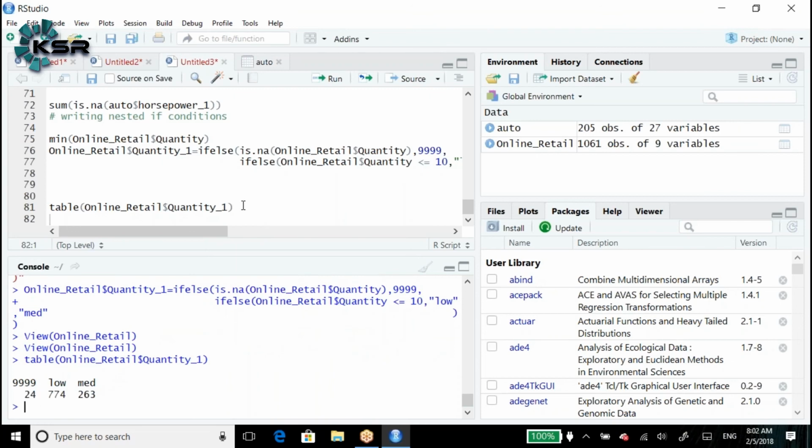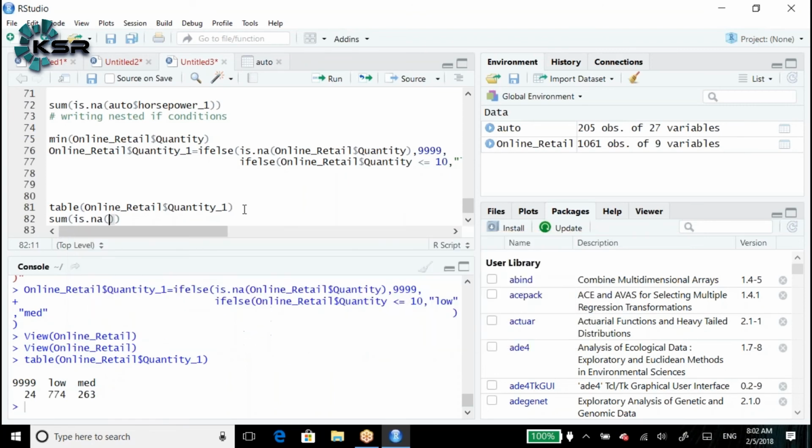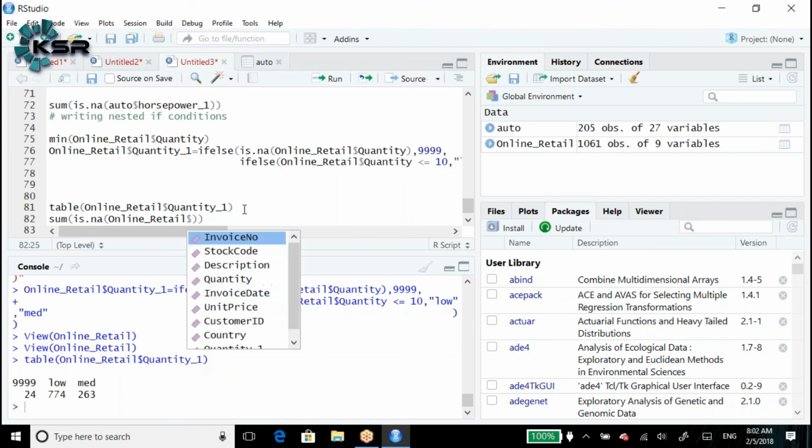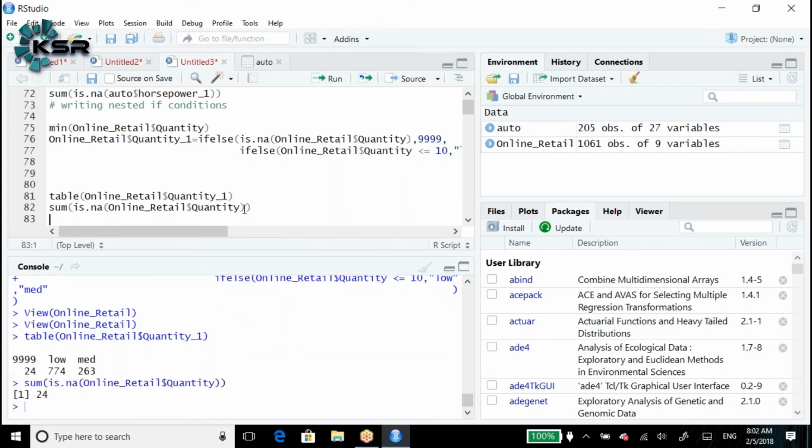Even if I check the missing values, sum of is.na of online retail dollar quantity, how many missing values? Missing values are replaced with 999. Does it exactly match?